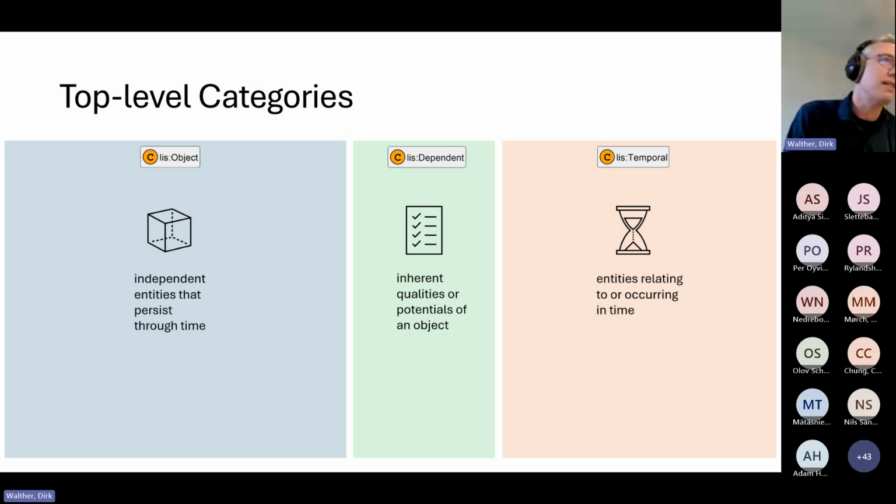Now, we called these classes object, dependent, and temporal. This is simply a choice we made. We could have called them something else. So if the class names sound a bit unwieldy, then you just blame the developers of IDO, but conceptually, this makes a lot of sense. Now, mind you, these are not just arbitrary classes.